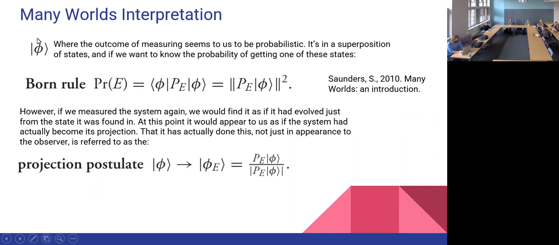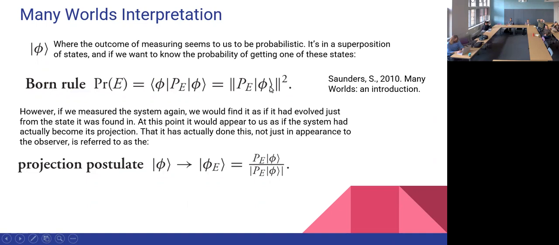So to introduce this, let's consider just an arbitrary quantum system, where the outcome of measuring this system seems to us to be probabilistic. We know it's in a superposition, and we know that when we measure it, there is a probability distribution over the possible outcomes we could get. If we wanted to find the probability of it appearing in one of these states upon measurement, we'd use the Born rule, which says we project the system onto the state that we're interested in and find the mod squared